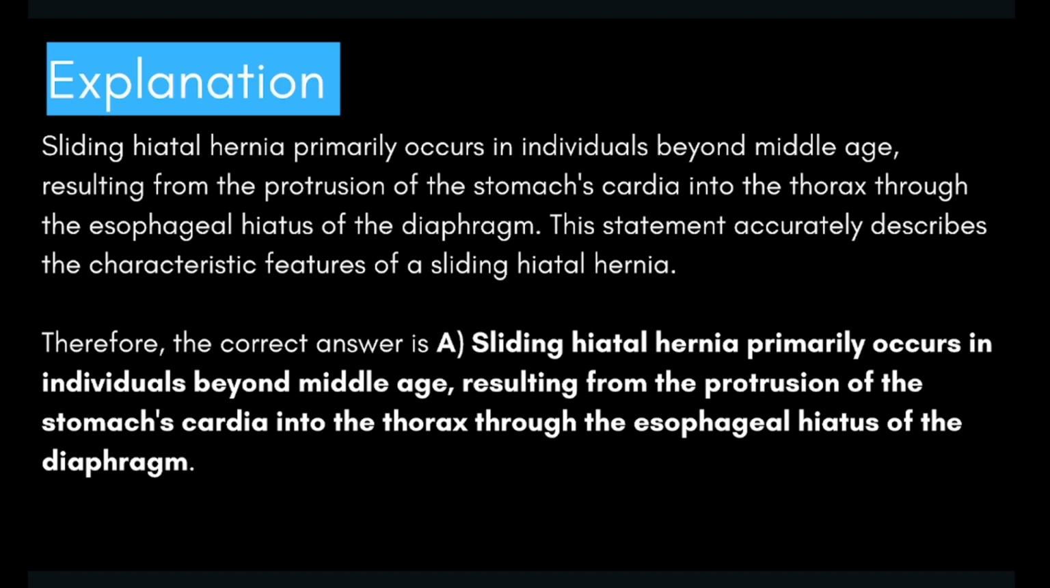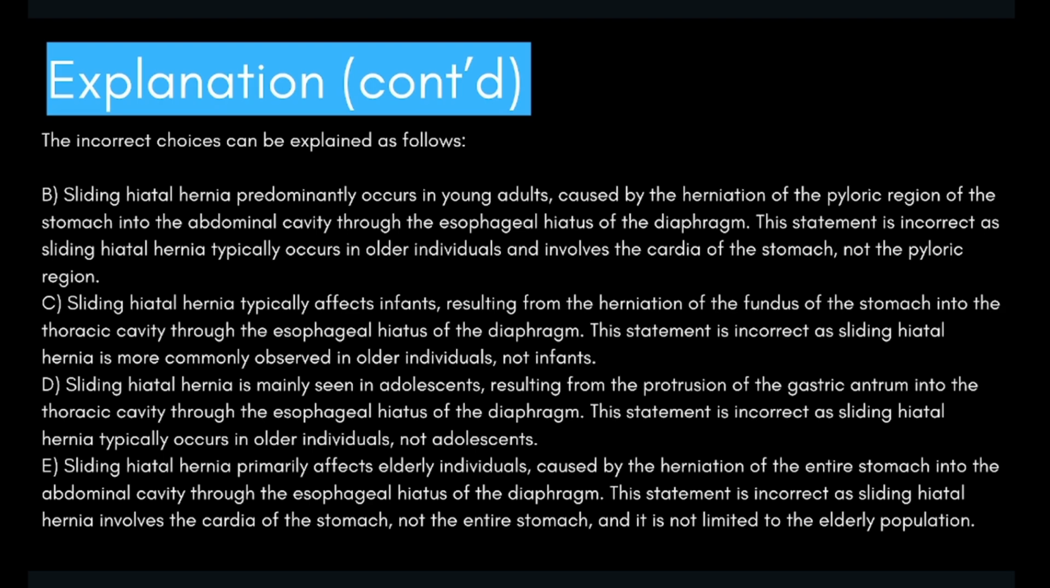Sliding hiatal hernia primarily occurs in individuals beyond middle age, resulting from the protrusion of the stomach's cardia into the thorax through the esophageal hiatus of the diaphragm. Let's go ahead and take a look at why the other answer choices are incorrect here. Sliding hiatal hernia predominantly occurs in young adults caused by the herniation of the pyloric region of the stomach into the abdominal cavity through the esophageal hiatus of the diaphragm. The statement is incorrect as sliding hiatal hernia typically occurs in older individuals and involves the cardia of the stomach,